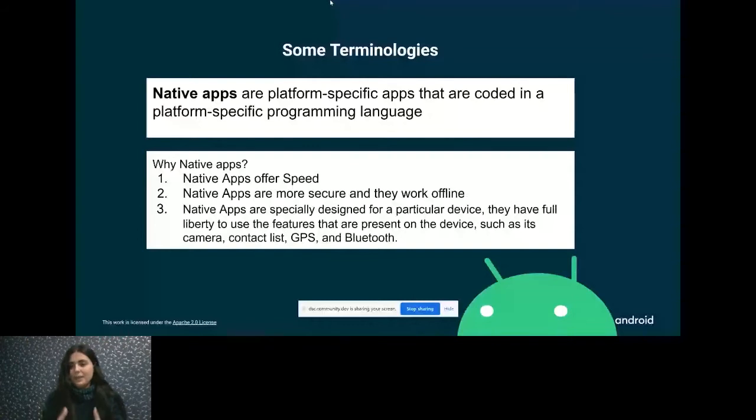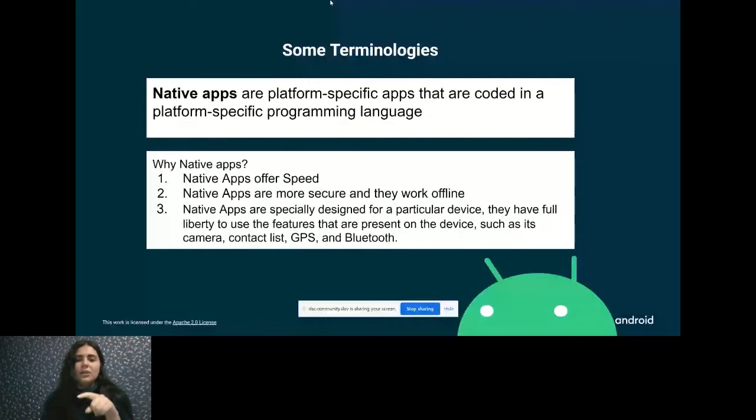For example, say we're going to build our Android app. The environment, the operating system on your mobile device, is Android, and the app is going to be built in, or speaking, either Java or Kotlin. So you can develop your native app for Android devices in Java or Kotlin, and later on we're going to see why we choose Kotlin for now.